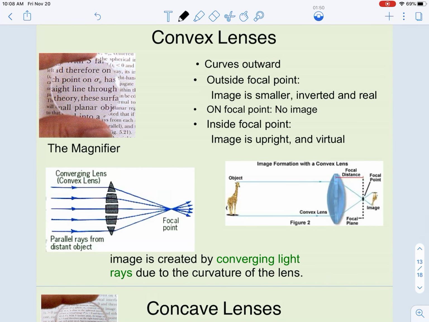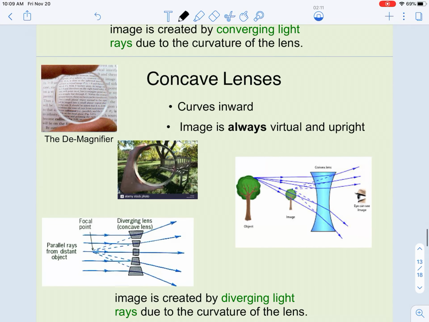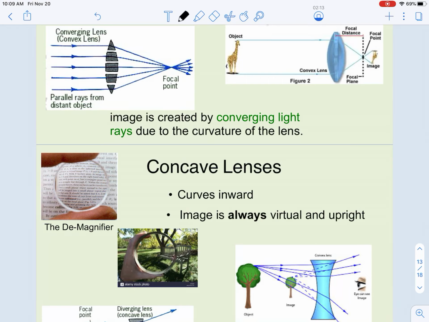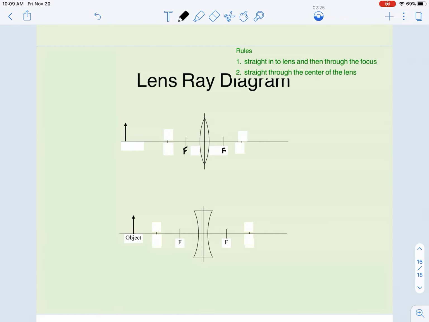So if we think back to just the generic information that we received in the previous lesson about lenses, we can go back and look. When we have a convex lens, this is going to cause the light to come through the lens and then converge on a central location on the other side. When we have a concave lens, this is going to cause the light to go through the lens and then spread out or diverge on the opposite side. So when we are trying to make our decisions about which focal point to use, we can simply recall what happens to our light as it passes through the lens, and that can logically guide us through which focal